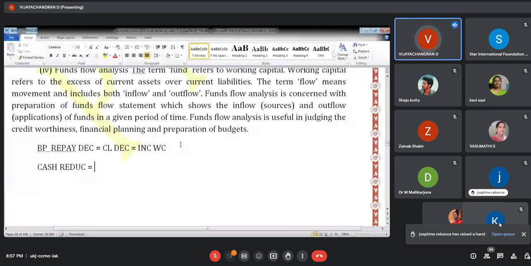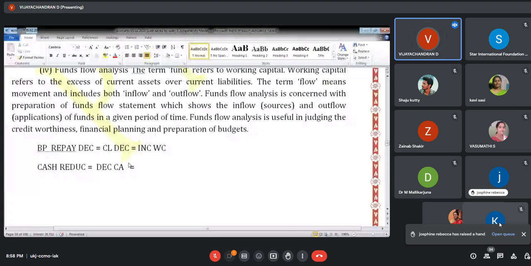Okay. So I'm coming back to repaying the money: your current liability is coming down. So current liability decreasing, working capital increasing, reverse relationship. Whereas in the case of cash, your cash is reducing, so your current asset is decreasing. As I told, if the current asset is decreasing, it is a direct relationship. So current asset and working capital, again I'm telling, direct relationship.